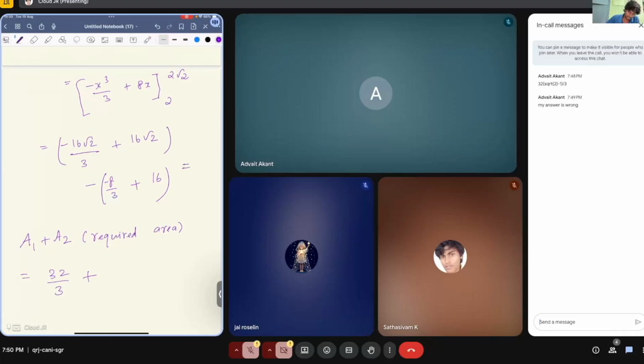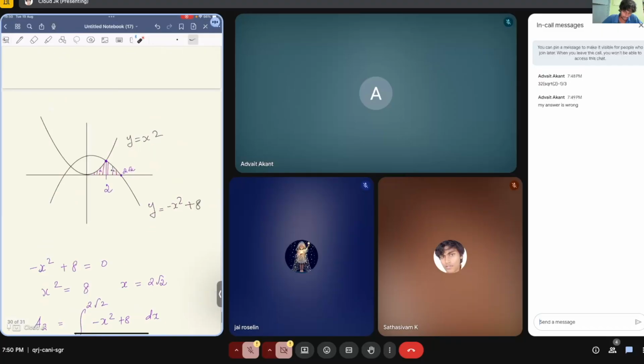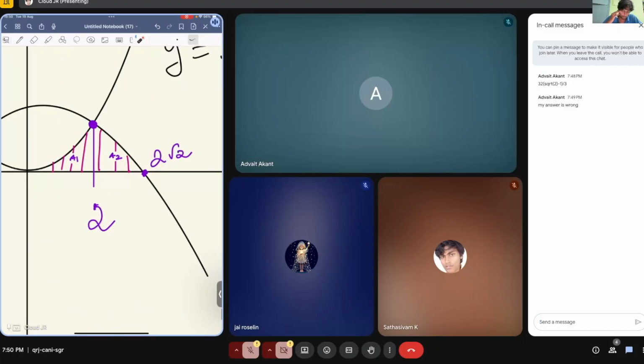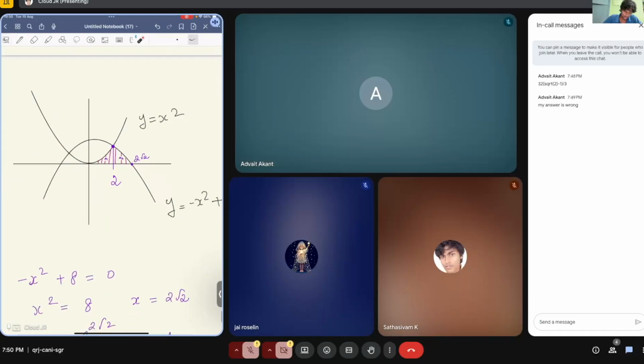So, yeah, I will call this A2 plus A2. Okay, so this is the required area. I'm not doing the computation here, just the simplification. But the idea is, whenever you want to compute an area which is complicated like this, bounded by these two curves, and lies somewhere along here,